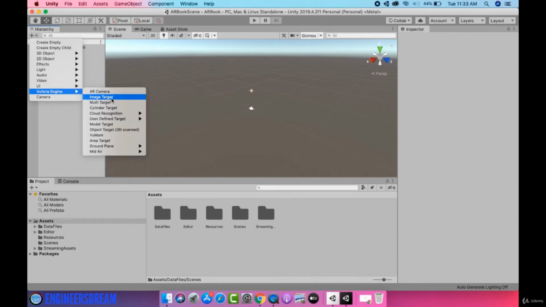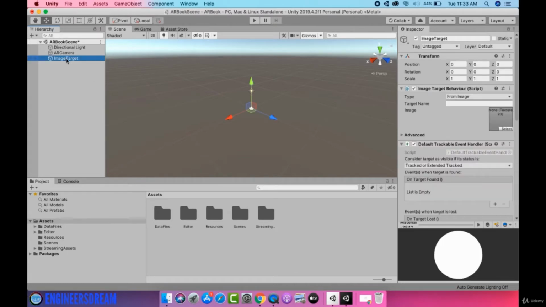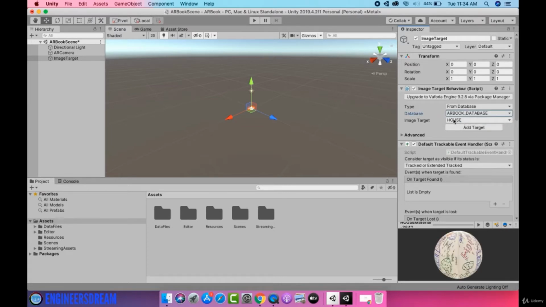After this I'll go inside Vuforia engine and I'll select the image target option. Next, with the image target option selected, I'll click on the type drop down, and from here I'll select the from database, as we'll be using the sun image target from our AR book database. So I'll click on the database drop down. I'll select the AR book database, and after this from the image target drop down I'll select the sun image